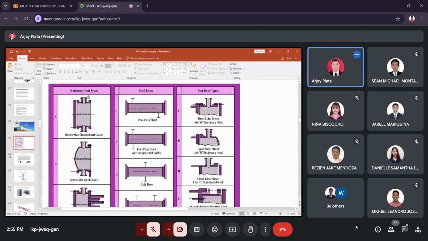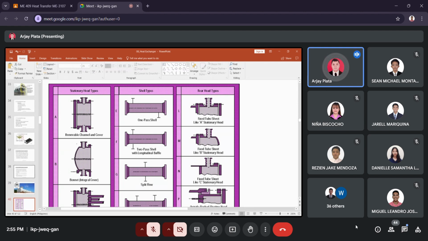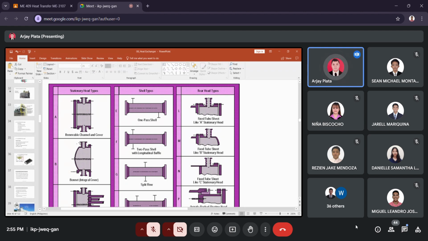So stationary heads. The first column is stationary head, the second column is shell types, and the third column is the rear head. Okay, so if the TEMA type is AEU, meaning it's a removable channel and cover